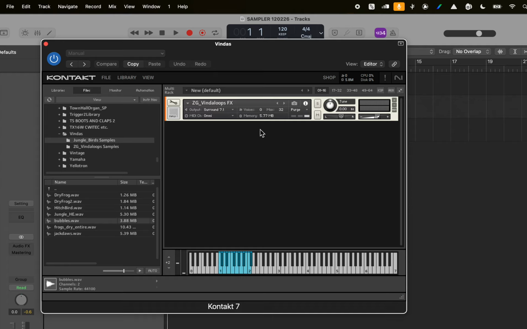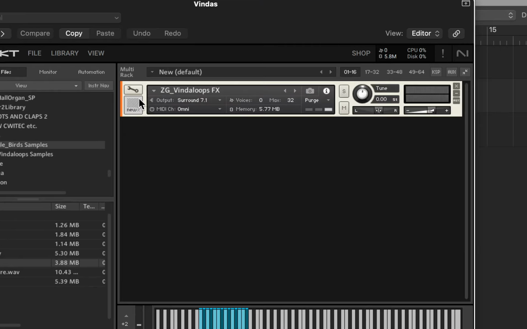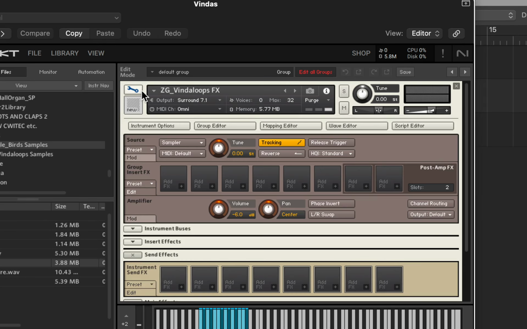Next, we'll talk about the edit buttons and how to get under the hood of the sampler, how to get inside. So this is the exciting bit. This is where all the fun begins, really. So you have here a spanner. You can see this little spanner up here, and you click that, and it gives you access to the